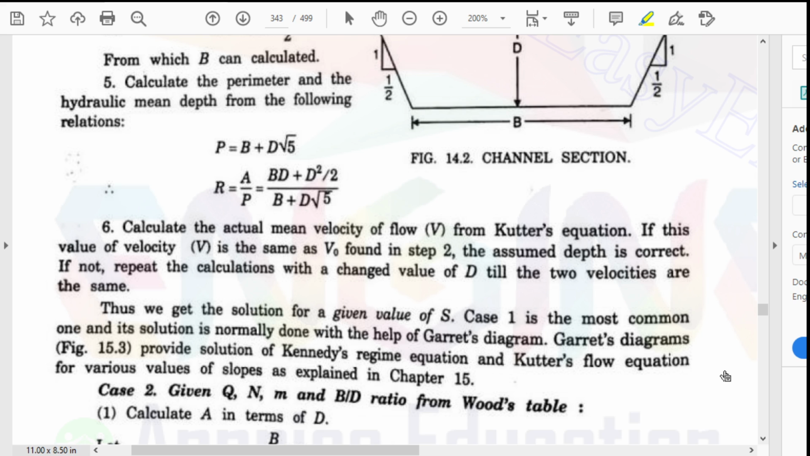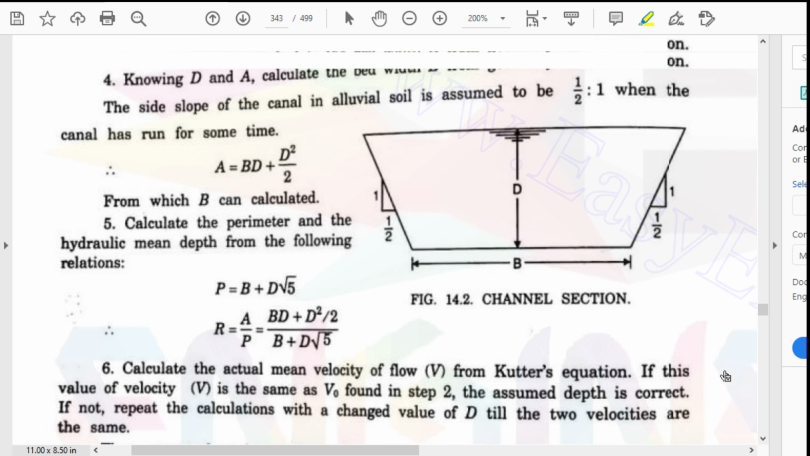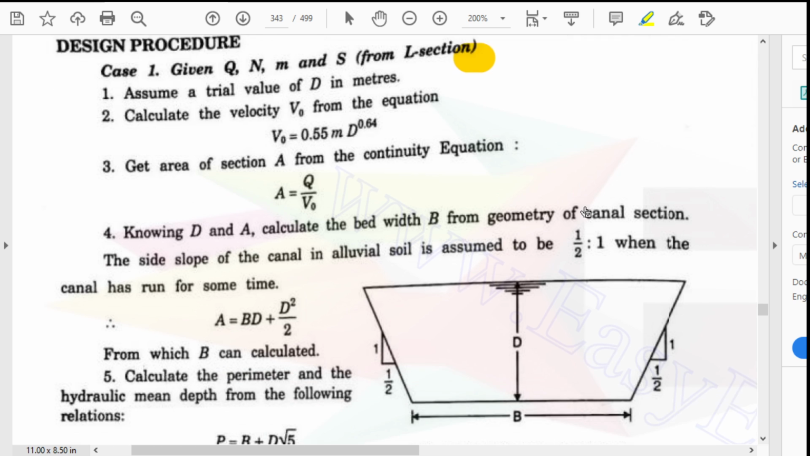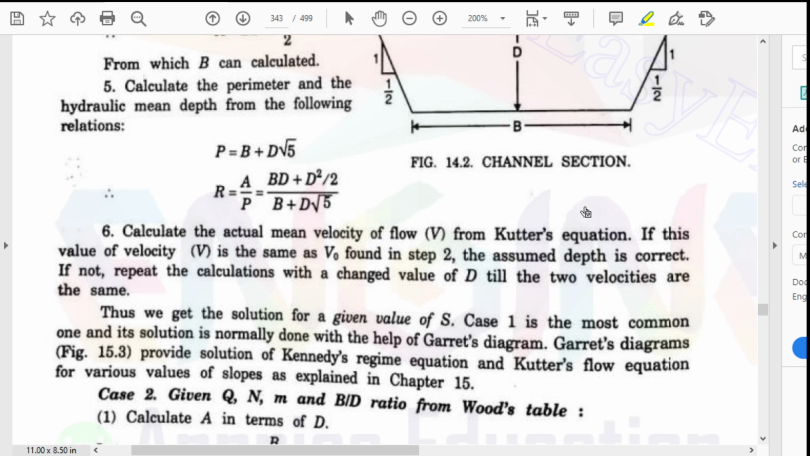Now we have to find out the velocity by using Kutter's equation, V equals C root mi. And in the previous step, in step 2, we found the velocity by using Kennedy's equation. So we have to compare both values